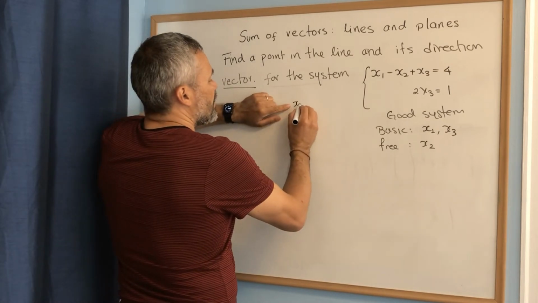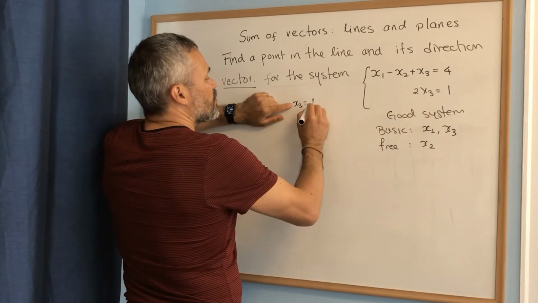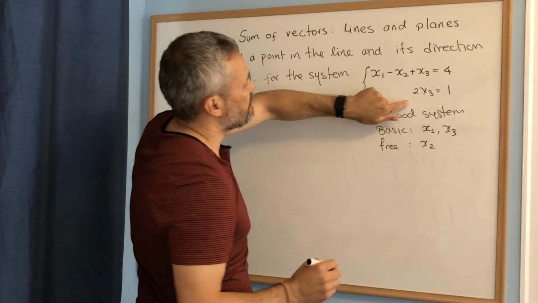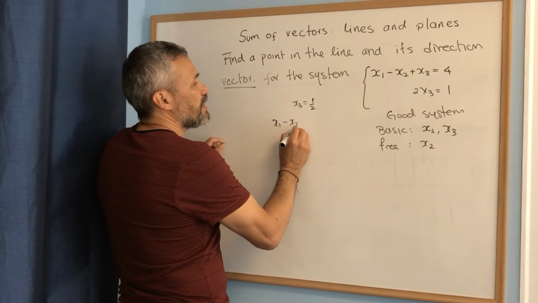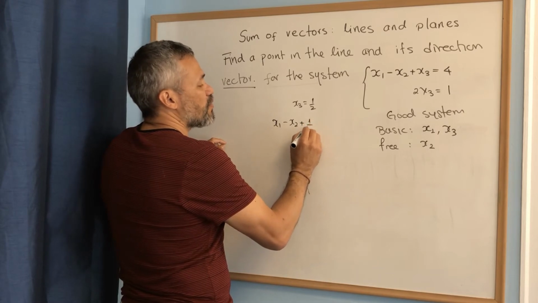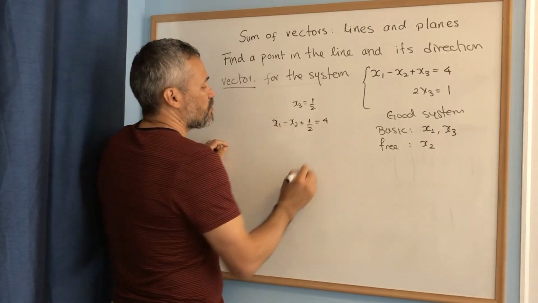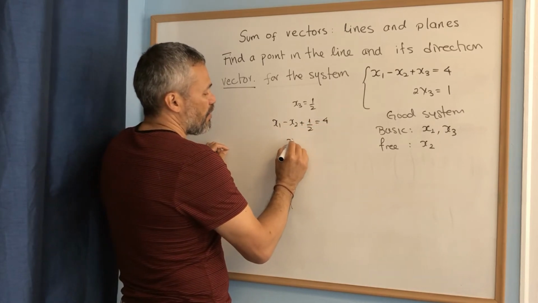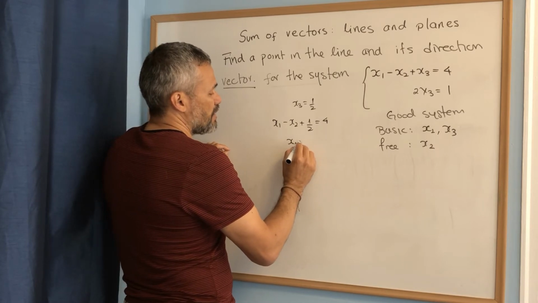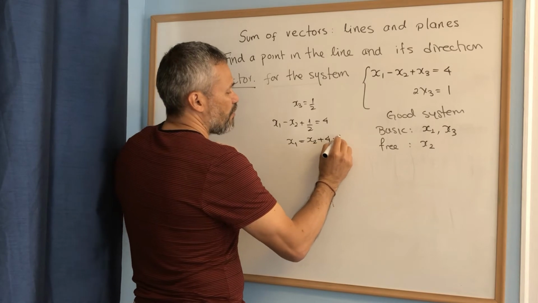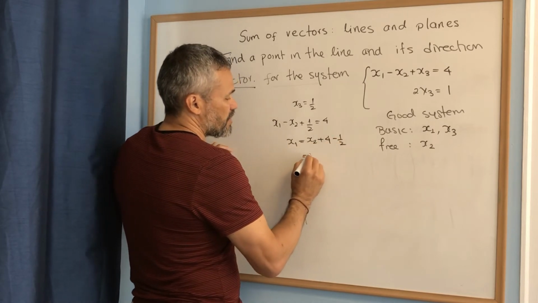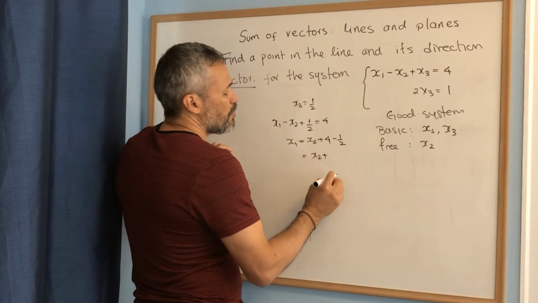From here I get that x3 is equal to 1/2. I replace this in the other equation, and then I get x1 minus x2 plus 1/2 equals 4. And therefore x1 is equal to x2 plus 4 minus 1/2, which is just x2 plus